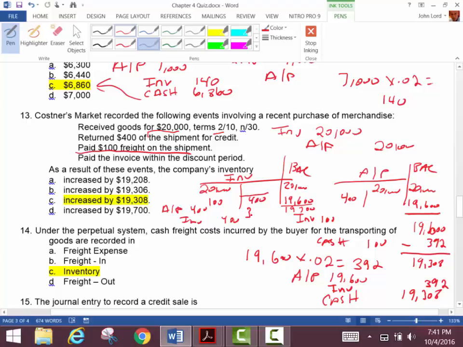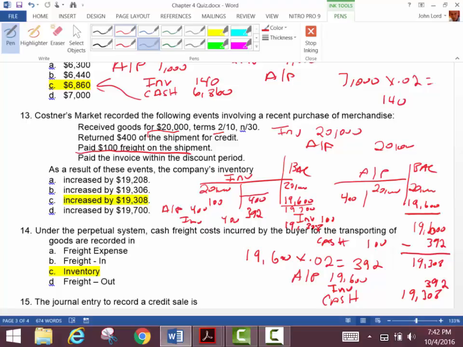And I credit it for 392, does the balance here come down to 19,308? Well, that shouldn't work out like that. No, that's part of the cost of the inventory. So